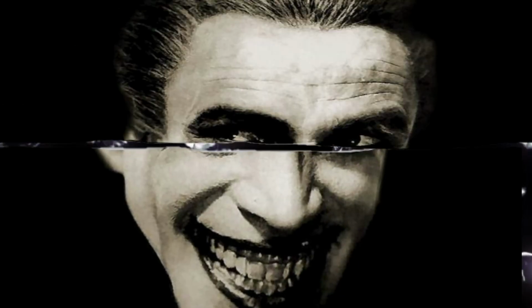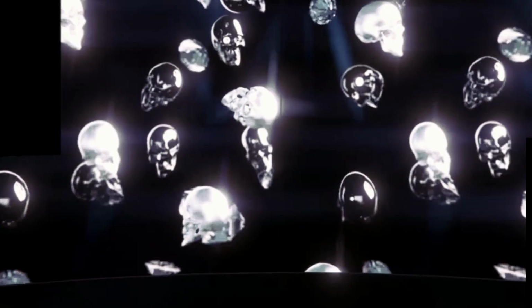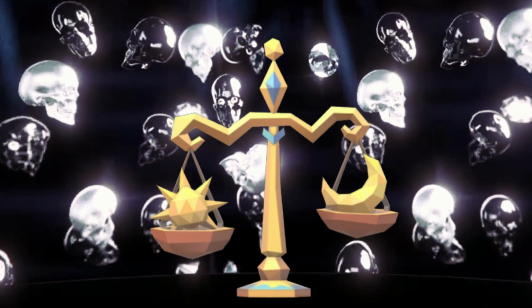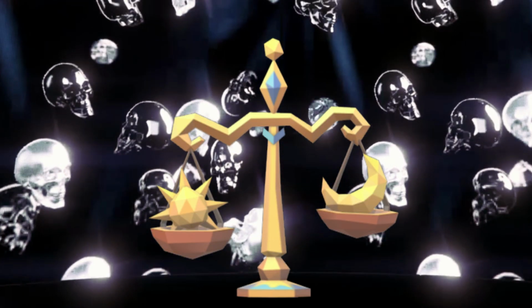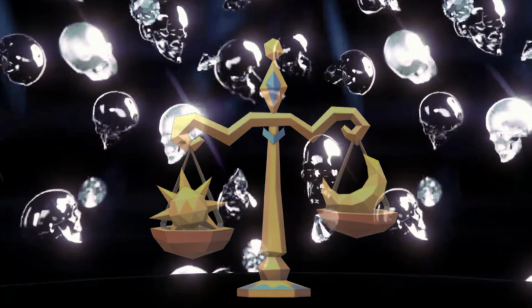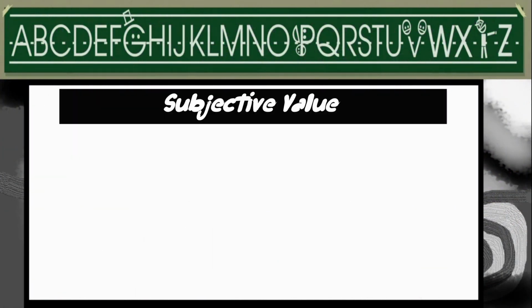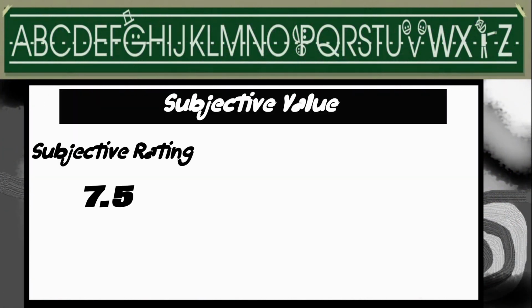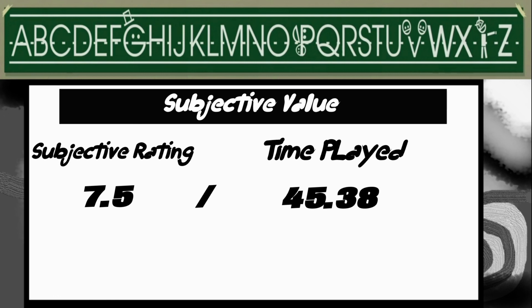What we're doing here is changing the scale from minutes, of which there are 60 in an hour, to a decimal number scale. With time now converted to the correct scale, we can move on to working out the subjective value. This is really quick and easy to calculate. Let's take the 7.5 rating I gave Dying Light and divide it by the time played, which we just converted to decimal. So 7.5 divide 45.38 equals